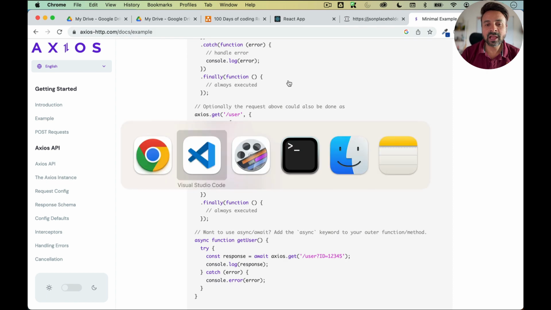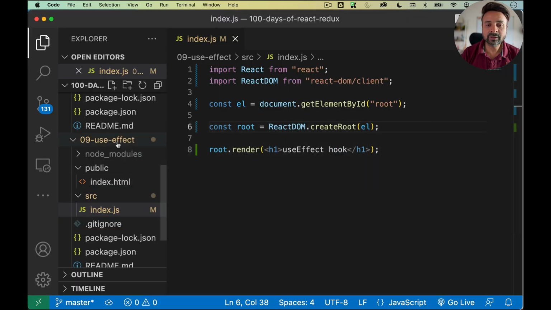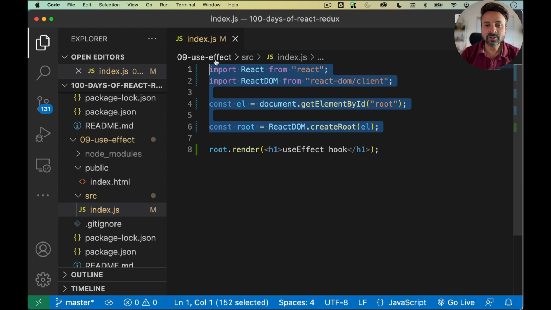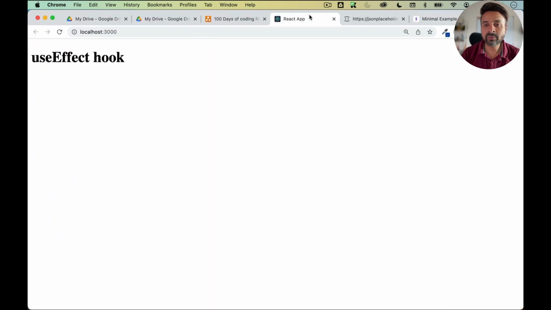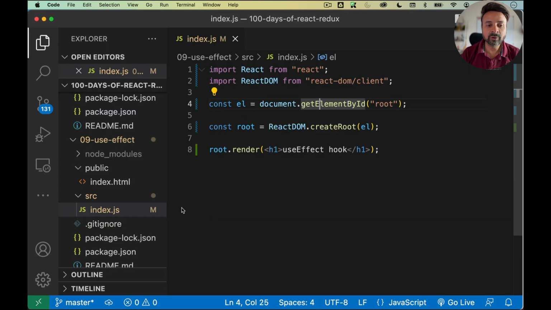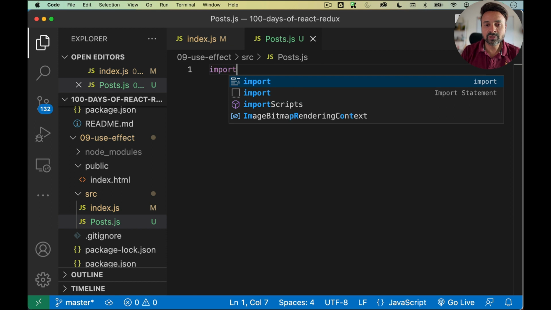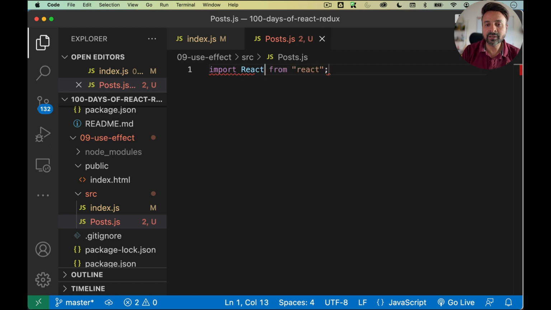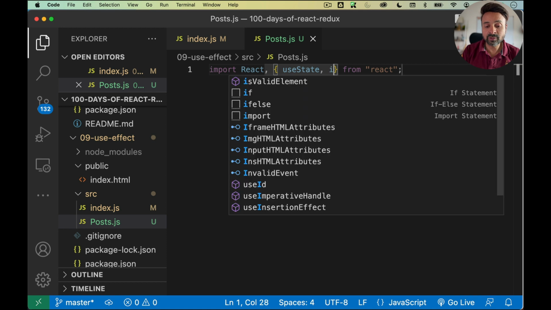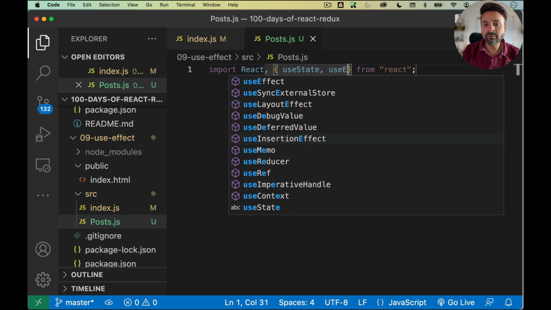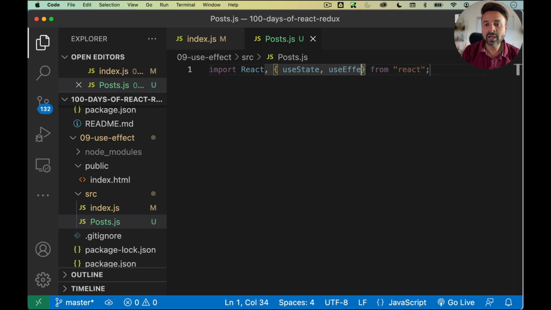For that, I have my project created, actually useEffect 09, and I have my index.html here. This is running also in the browser. Now I'm going to write one component here, and let's name that component posts.js. I'm going to import some of the things I need, like React. I'm also going to use state, so I'll import useState also, and the hook which we are going to use is useEffect